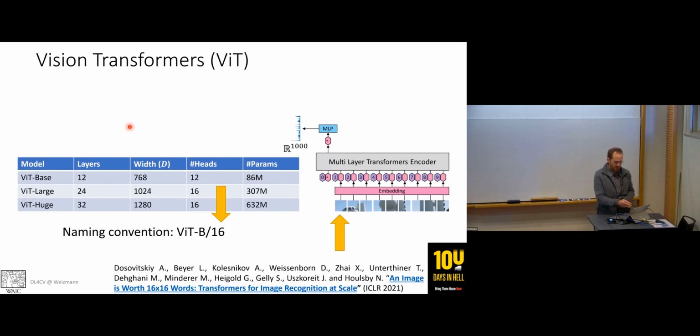The patch size is the size of these tokens. So we took the image, we broke it into patches. What is the typical patch size? So typically people work with 16. But you can find 8, you can find 32. Sometimes people work with 14